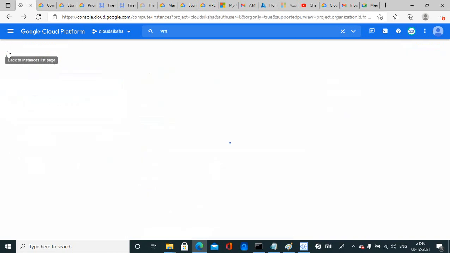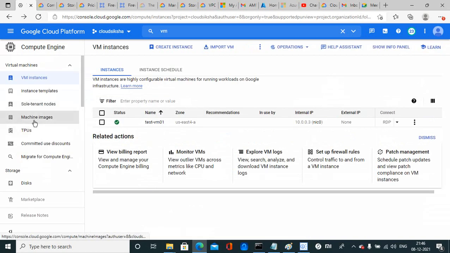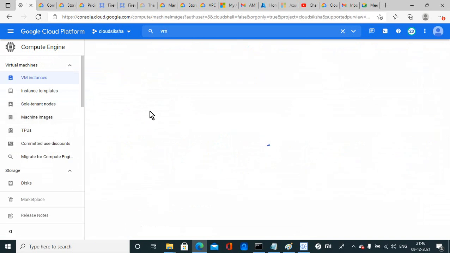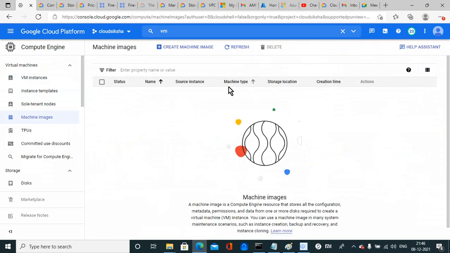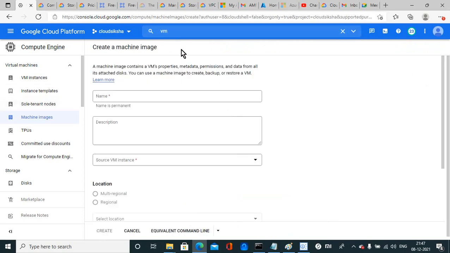But in the image section, which is the machine image, you will not find any image here, because here you can see only the image you have created from Google Cloud console, or a VHD file which you have imported from the on-prem or the VMware environment. But I'm going to create a machine image.